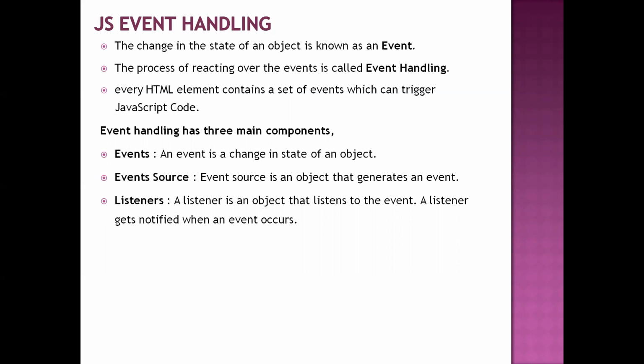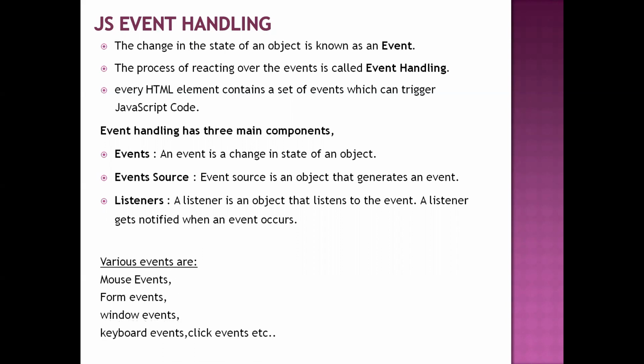So let us see the sources of the events. Here all the HTML form elements may generate events, and your window also will generate some events. The document area of your browser also will generate some events. These are the main sources of events: mouse events, form events, window events, keyboard events. When you press the mouse buttons, automatically mouse events occur. Whenever you click on some form elements like a radio button, checkbox, text field, text area field, or some button in the form, automatically form events will be generated.